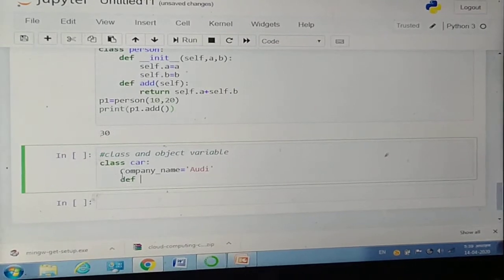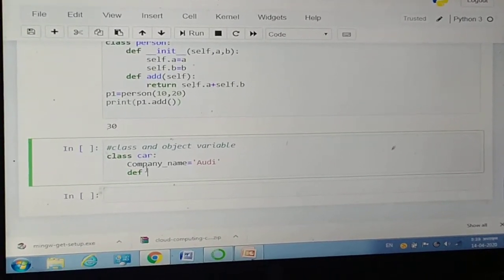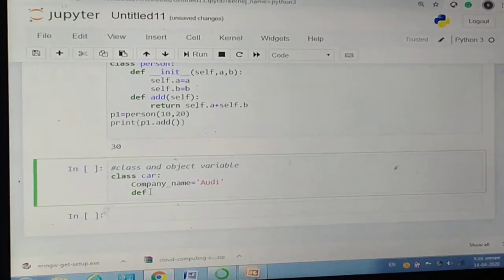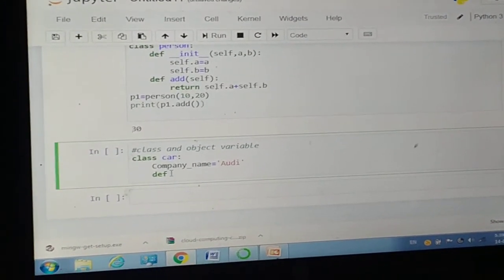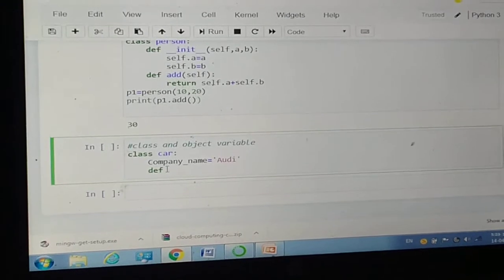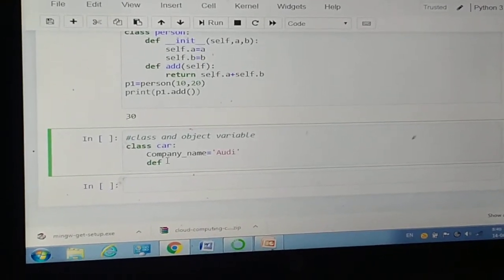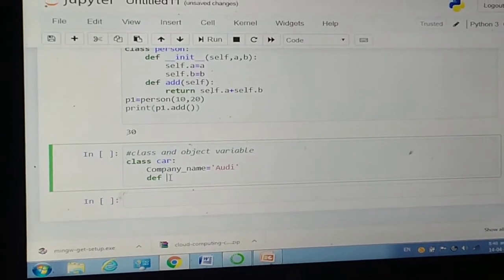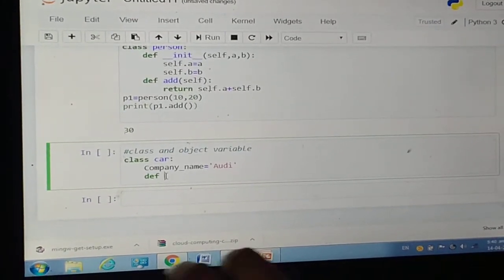You have to make sure that whatever you write inside the class is properly indented. If your indentation is not proper, it is going to give you an error. So you need to check that the indentation is proper in every statement of the body of the class.